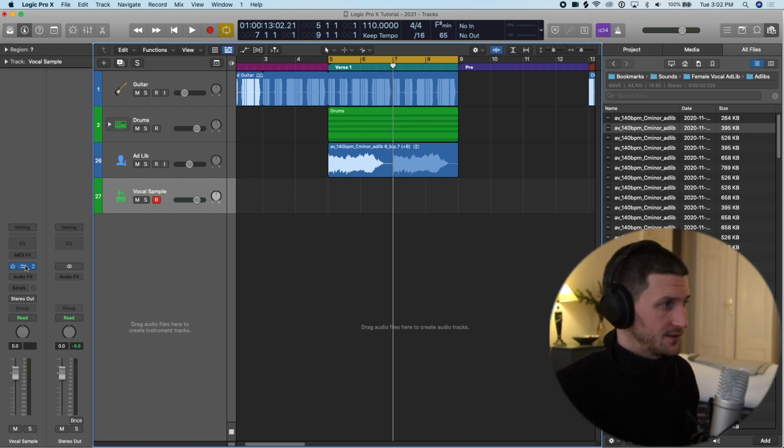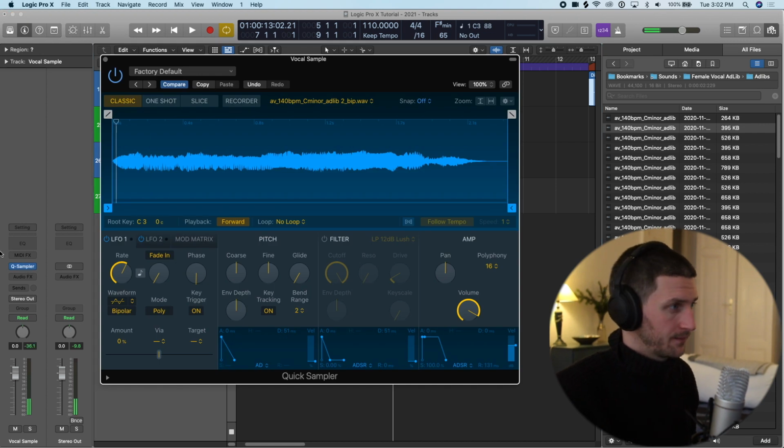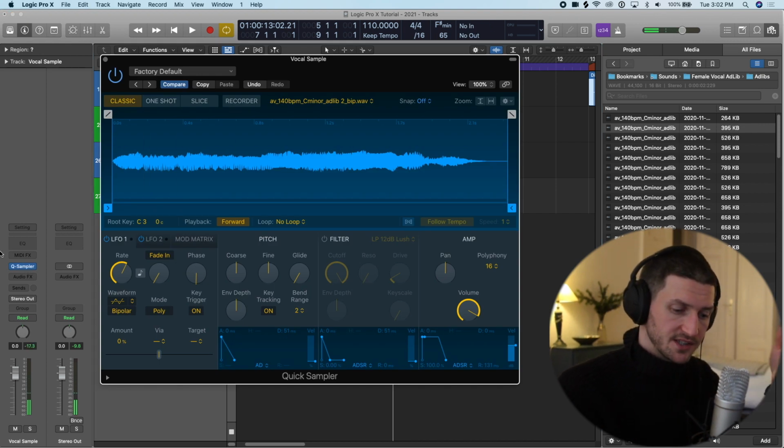And I'm going to open up my Quick Sampler again. So if I press C, I'm just pressing the C note on my MIDI keyboard. Now that happens if I just press it quickly. If I hold it, it plays the whole sample. If I do C sharp, it's a pitch up. If I go to D, you can see I can play any type of pitch on my MIDI keyboard now